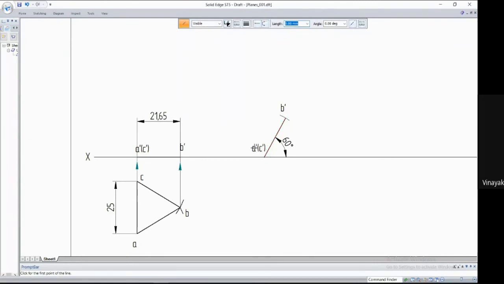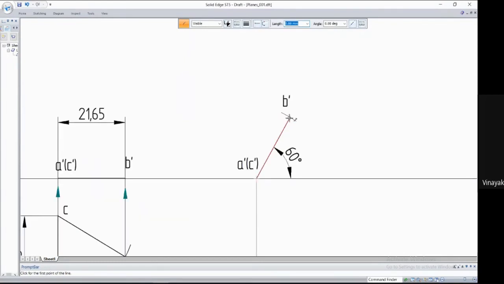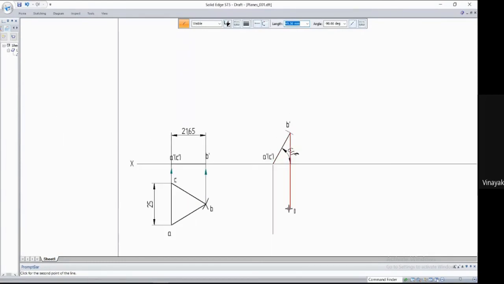So here I'm drawing a projection of two points of a triangle, that is A and C. If I draw a projection line here, it indicates I am drawing a projection line of two corners of a plane, that is A and C. I'll just draw a vertical projection line here, and just make sure you're very careful.